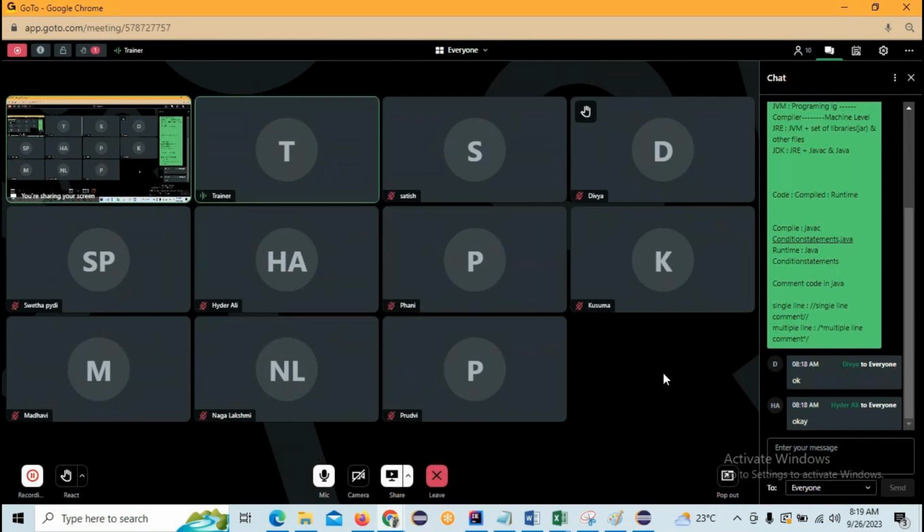In the first initial classes, I will take only short sessions, because I don't want to stress you people. The manual testing people who already joined are habituated to the classes, but new people have joined, right? For them, I'm going to go slow for 2 to 3 classes, and after that we can increase the speed. Okay.